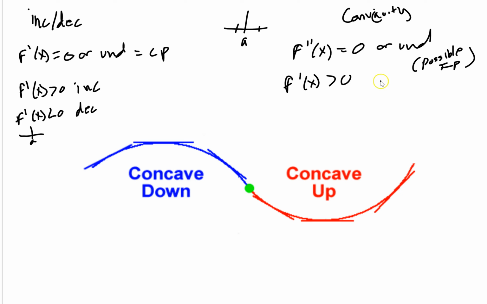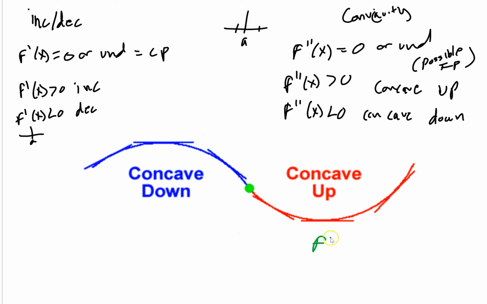And if you get a negative second derivative, it's concave down. So it's very similar to what we did last time. A second derivative greater than 0 is concave up. Second derivative less than 0